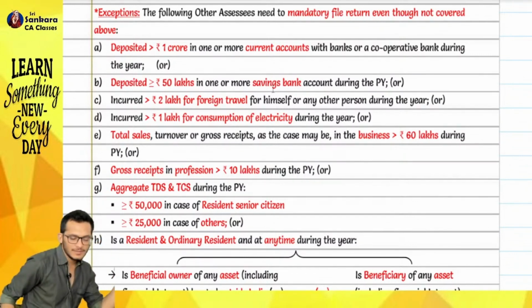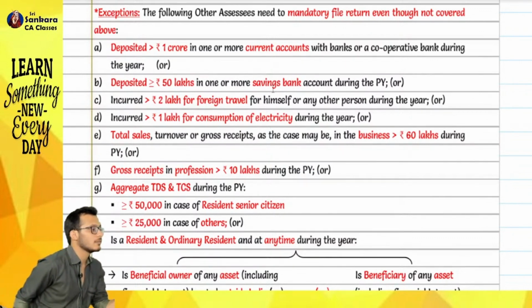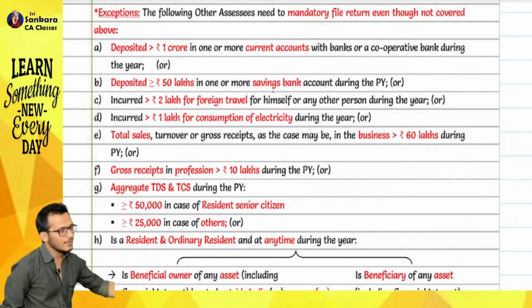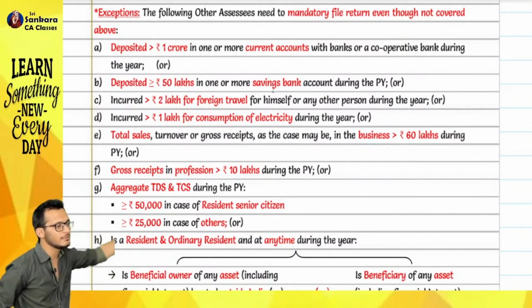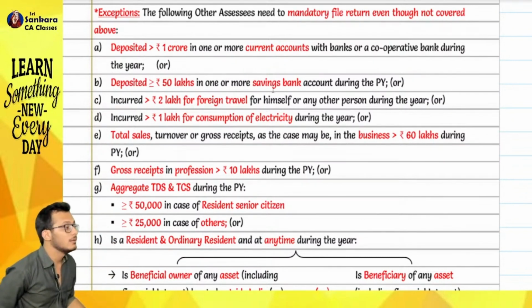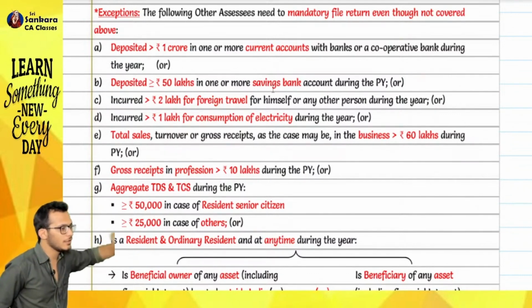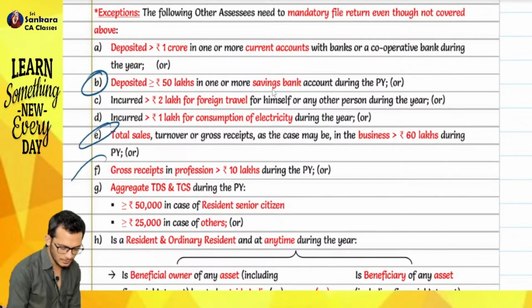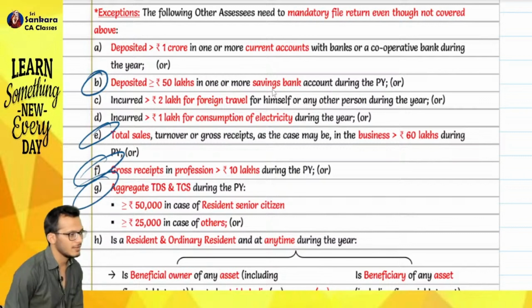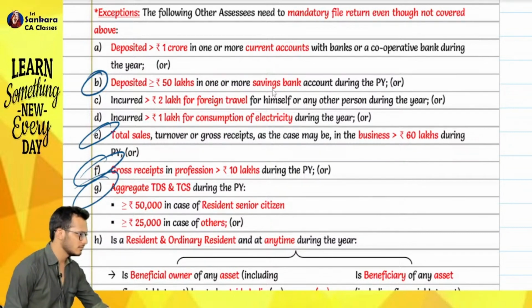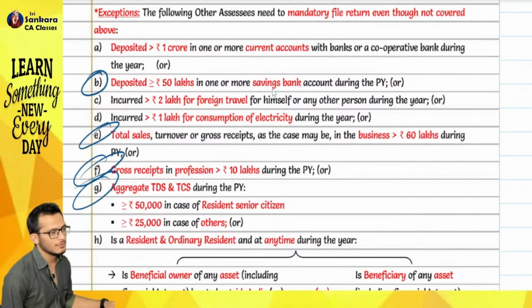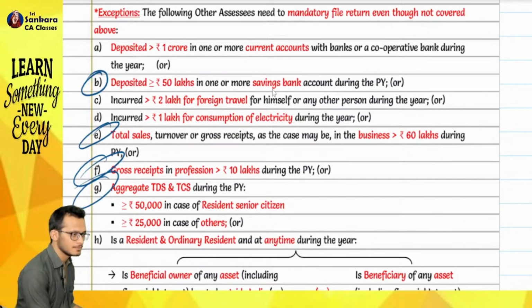And the last provision they are saying, if you are liable for TDS, someone has deposited TDS for you. In that case, if you are a resident senior citizen and your TDS is more than 50,000, mandatory file return. If you are a non-senior citizen, if it is more than 25,000, you need to file a return. In this, this one and this one was an amendment last year, last November. Nothing of this was tested. So the likelihood that it will be tested in the current exam